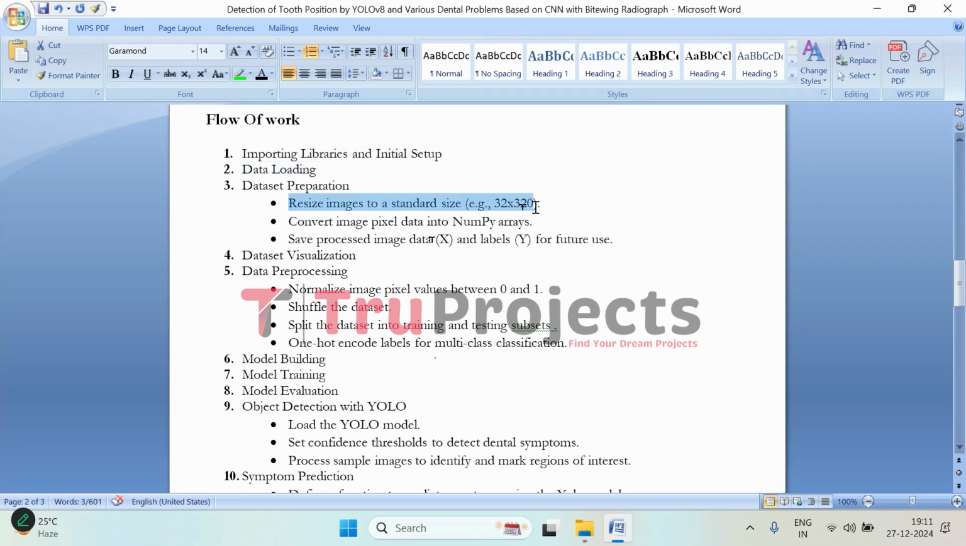Then comes the data preparation. Here, images are resized to standard size to ensure uniformity across the dataset. And then comes converting images to NumPy array. So here image pixel data is transformed into NumPy array for easy manipulation and feeding into the deep learning models. And then the preprocessed image data, that is X, and corresponding labels Y, are saved for future use for training. And then a visual representation of the dataset is generated to understand its structure and inspect a few example